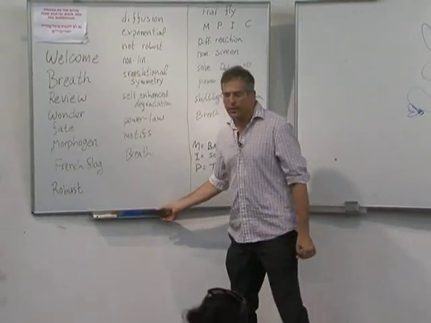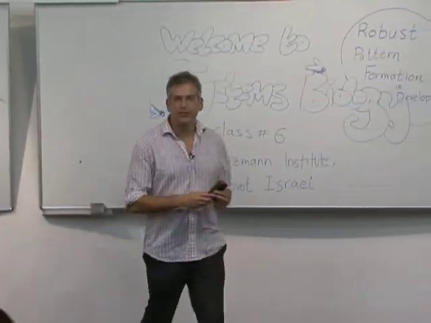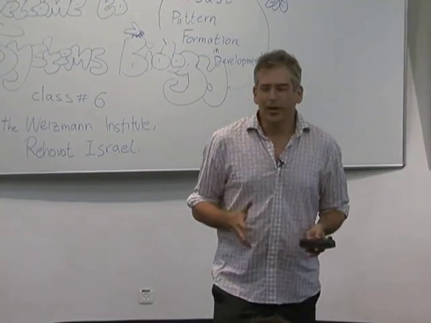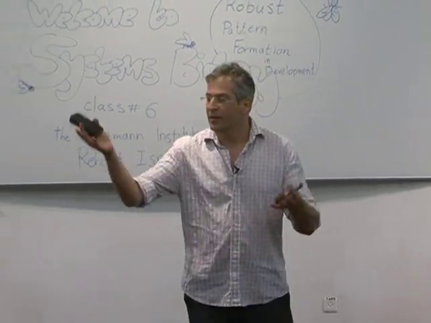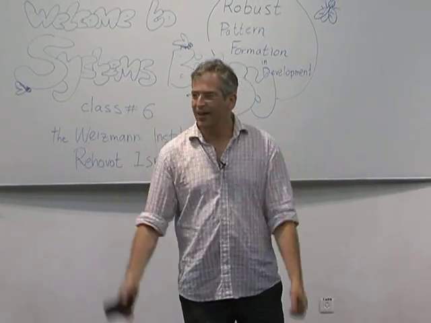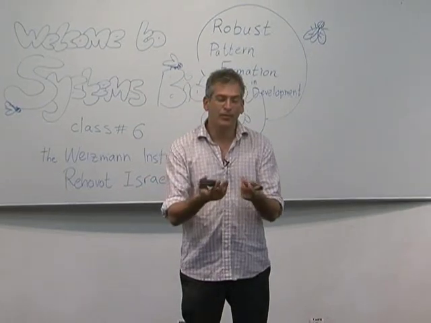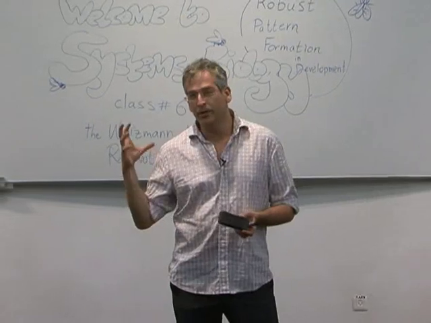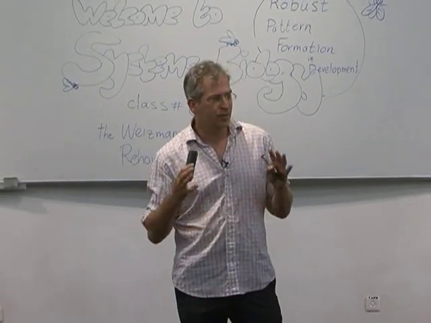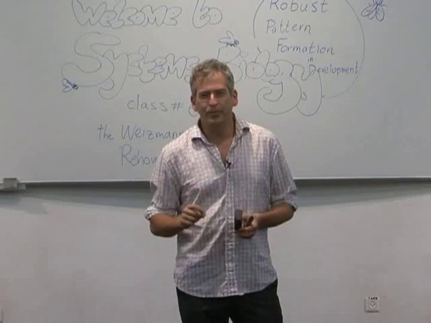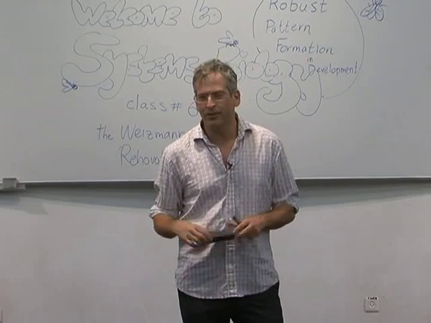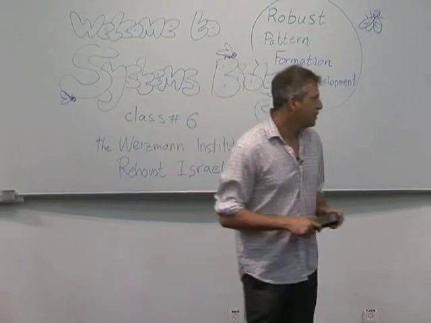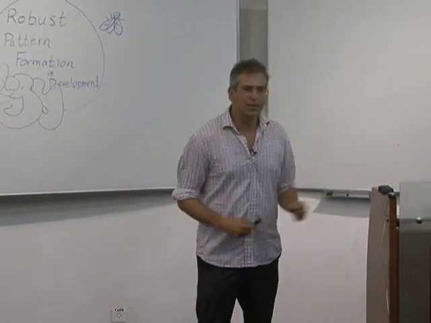So you know we're in lecture number 6 out of a total of 11. The first 4 lectures had to do with network motifs. Let's take another nice deep sigh of relief. Welcome. We're about network motifs, the idea that complicated biological networks are made of repeating occurrences of circuits that you can understand on the back of an envelope and build more complicated networks from those circuits. And then we switched to the principle of robustness. We talked about robustness in bacterial chemotaxis.